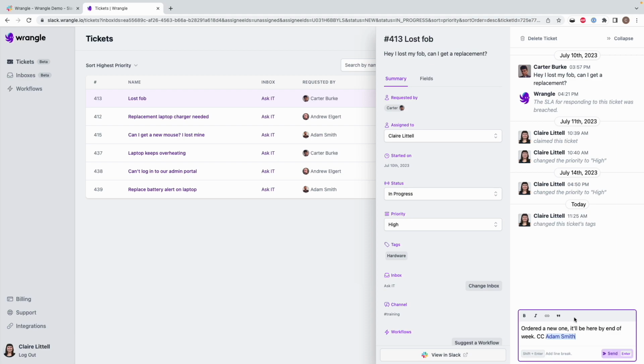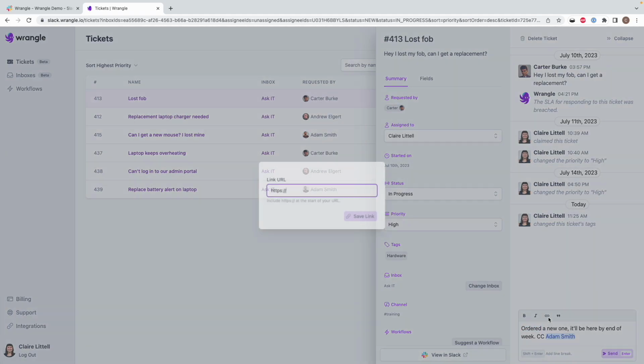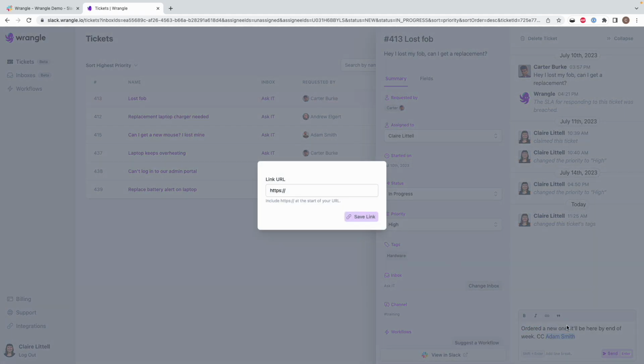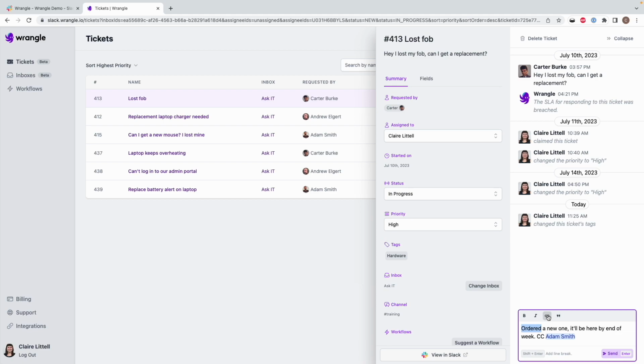We can also format this, we can bold, italicize, we can highlight a string, we can also add a link, we can also make it a block quote. So some of the rich text you can do in Slack, we will also manage from here. And if I go ahead and hit send,